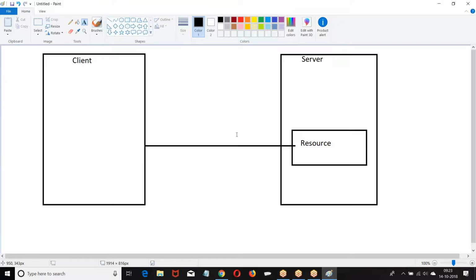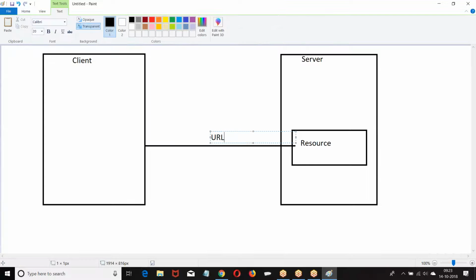Whatever resource the server has, if it wants to share access with the client, it gives the URL of the resource. Every request that we make from the client happens with what? URL only.